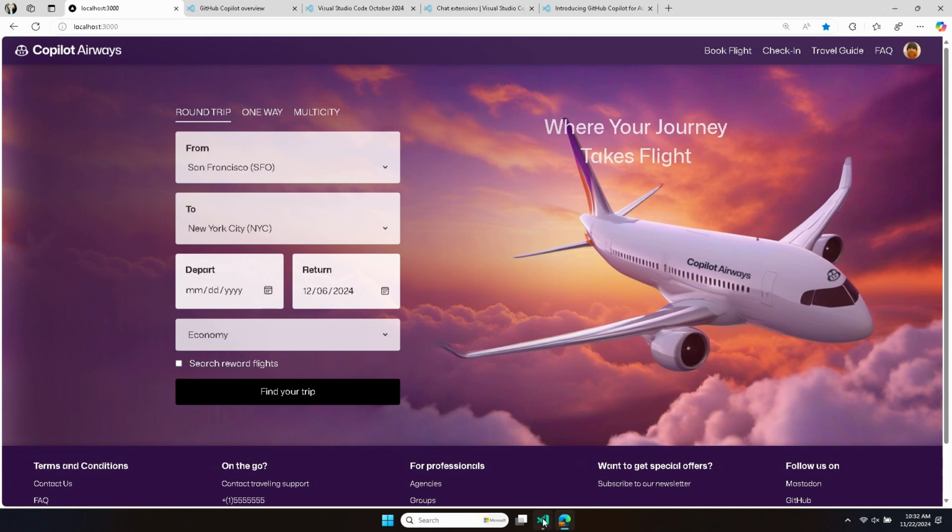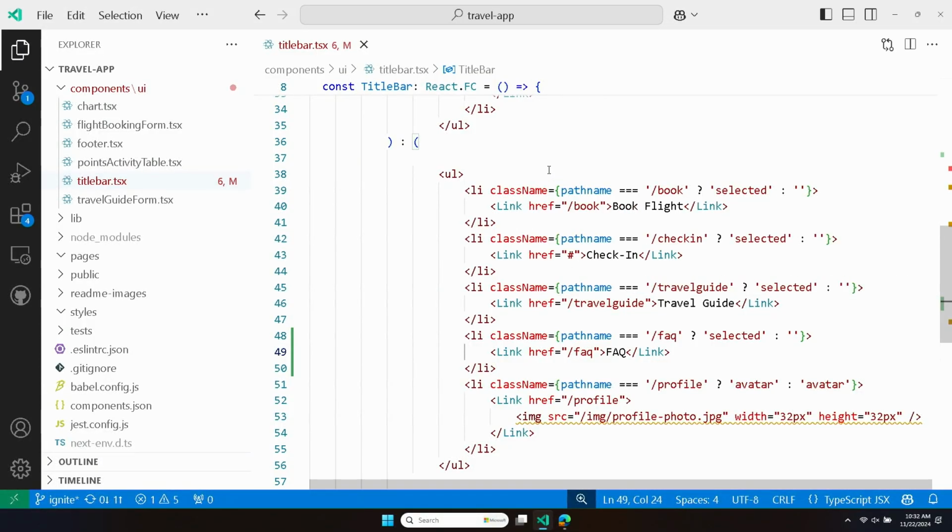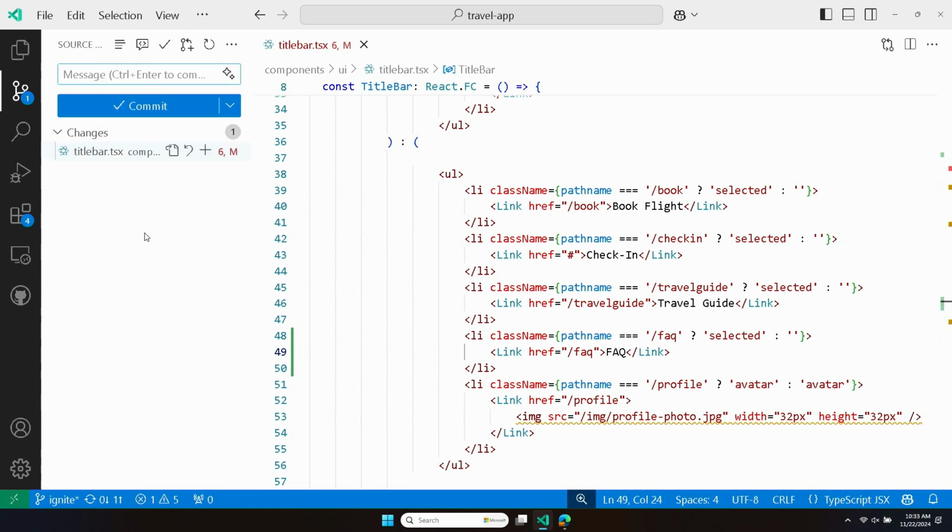Super cool. Okay, so now that I've added some changes, I'd like to go ahead and think about, okay, I want to commit them. I want to make sure that they're good. I'd like to start the code review process. Copilot can help us with those steps as well. So I'll pop over to the source control view, and we're going to see here at the top, we have Copilot Code Review. This is also something relatively new that we added, and that's going to basically be able to provide an AI-powered code review of changes that we have not yet committed.